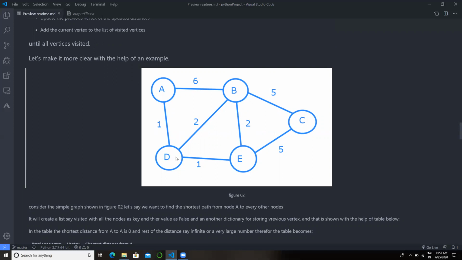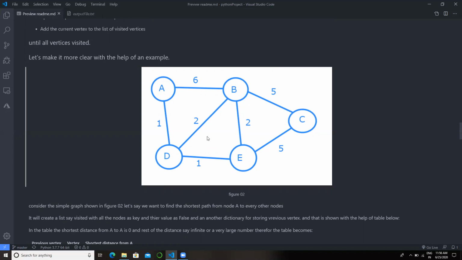Now we will travel through all the nodes connected to D. And if we reach a node which we have already updated, and the new distance through the currently visited node is less than the earlier present distance, we will update that.